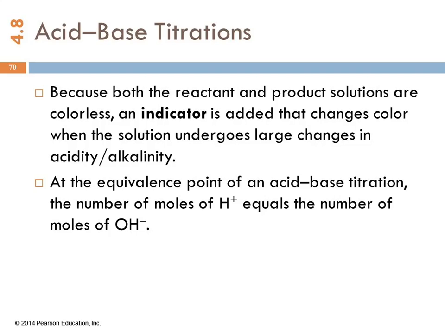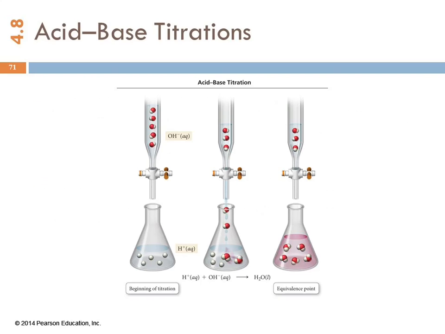At the equivalence point for an acid-base titration, we have the number of moles of hydrogen ion being equal to the number of moles of hydroxide ion. So here's an example, an illustration. Here we've got sodium hydroxide in a burette, which is a device that allows us to